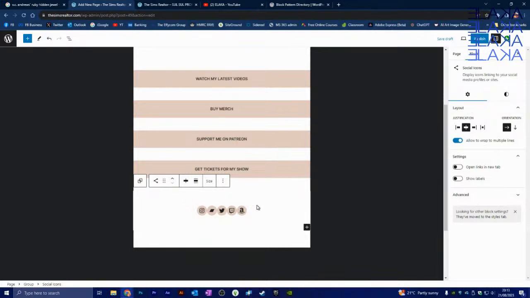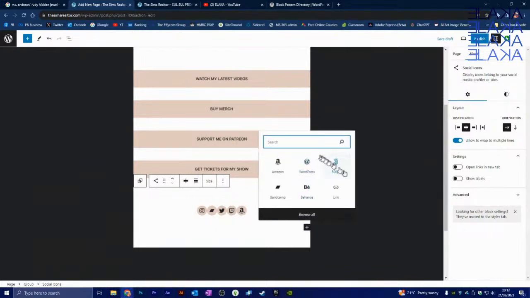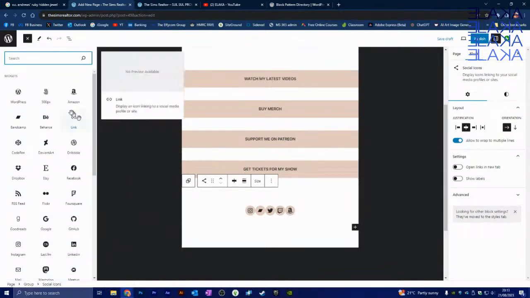Okay, so whilst clicked in there, the plus button will give you the option for other social options. Obviously, these are not the only social options available. And that little / is actually Bandcamp. Okay, good to know. If I click on browse all, then you can find all the other social icons because,